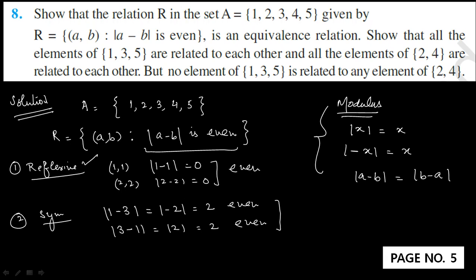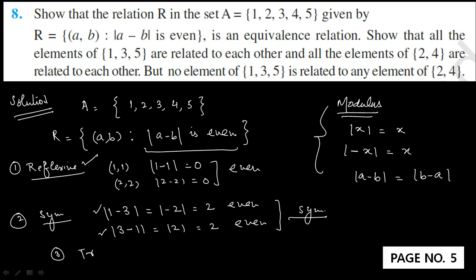because this condition is there, A minus B is equal to an even number, it means I can't write the combination of (1, 2). I have to write the combination of (1, 3) or (2, 4) or (3, 5) like this. It means the difference should be even. If the first difference is even, and the second difference is also even, then it is symmetric. Suppose the first difference is even and the second is odd, then it's not symmetric.